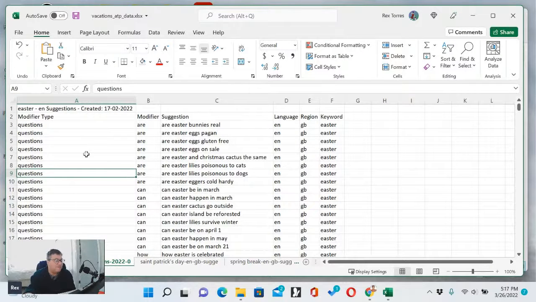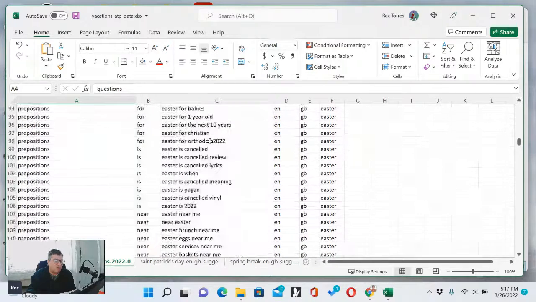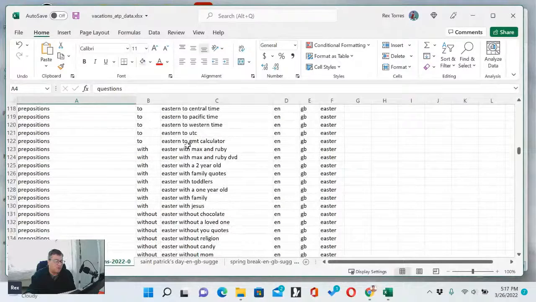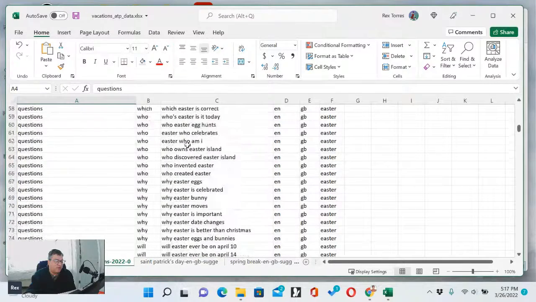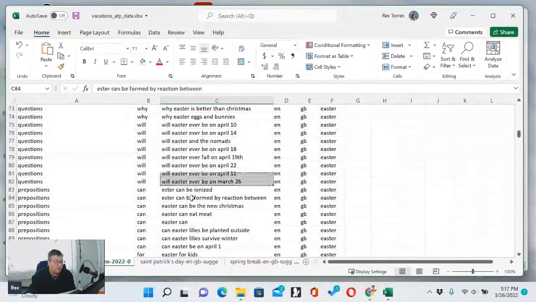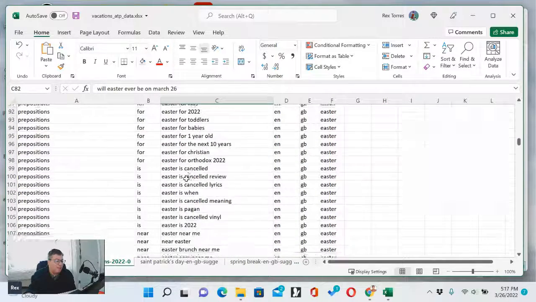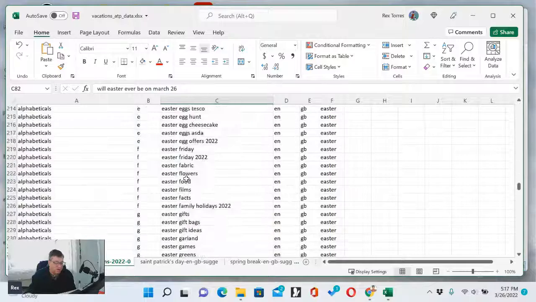So clearly there is some processing involved in the Answer the Public data, and you can see there is a logic, an algorithm that needs to run. There is some logic in here that has to go just to figure out which ones are the questions, which ones are the prepositions,